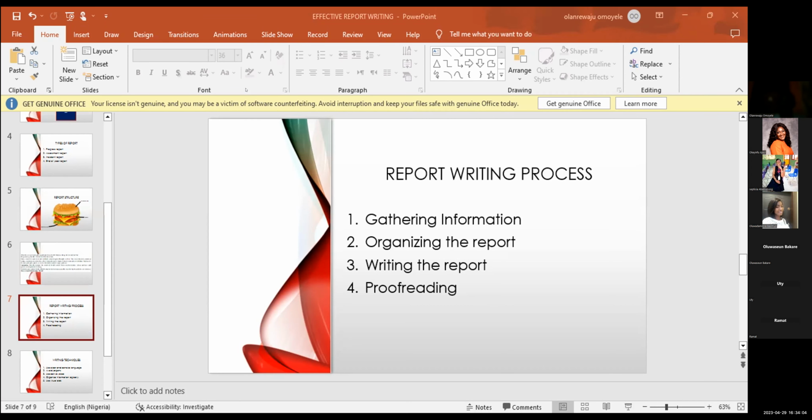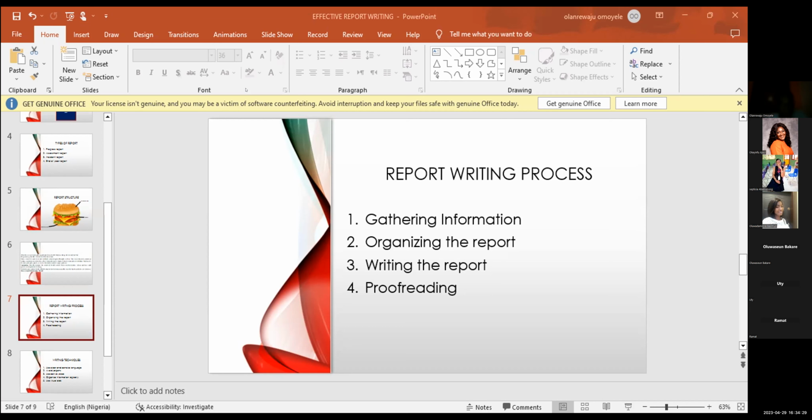That's why your progress report is important, and that's why the weekly report is important. You gather all necessary information. No matter how small it is, gather it and put it together.